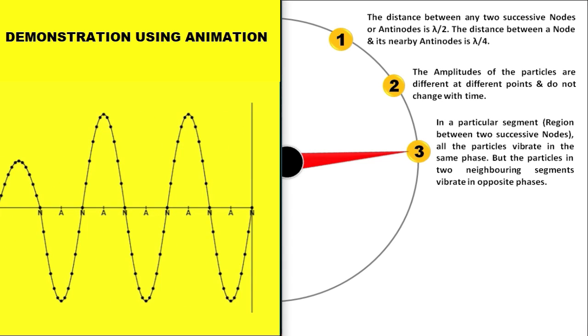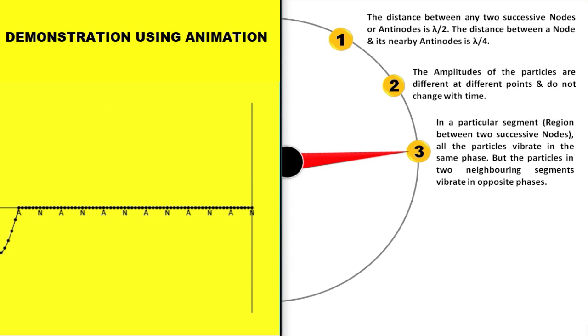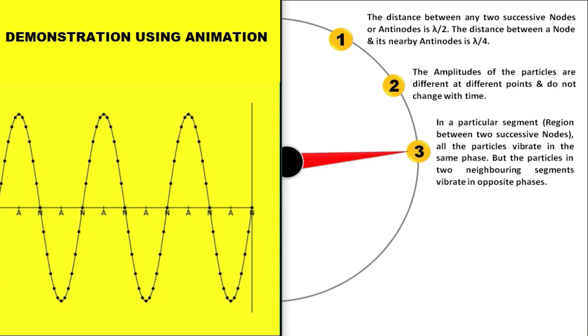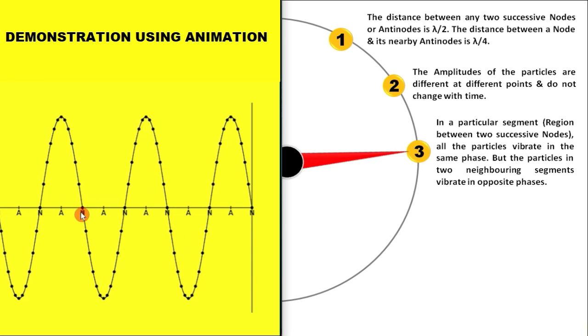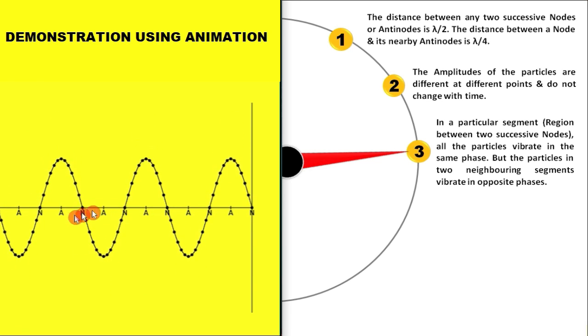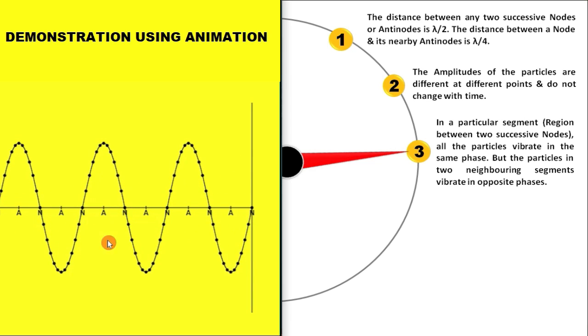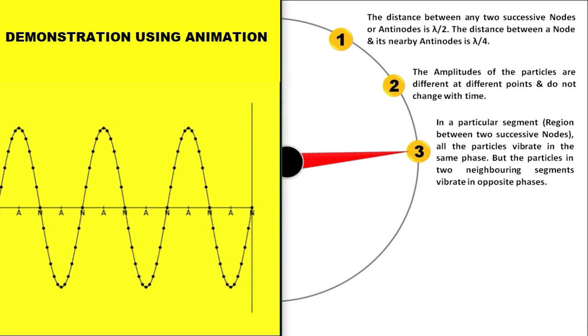This was the case for the previous one. Okay, let us make it up to animation mode. If it is in animation mode, it will be very clear here to understand. These positions between two nodes are known as a segment. And if I pause it somewhere,